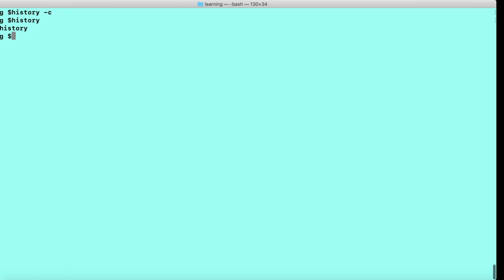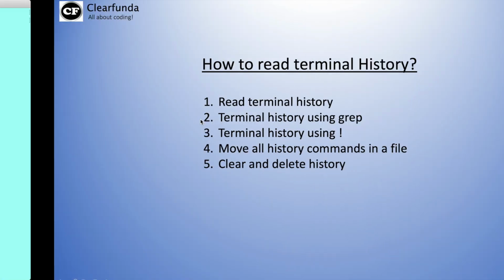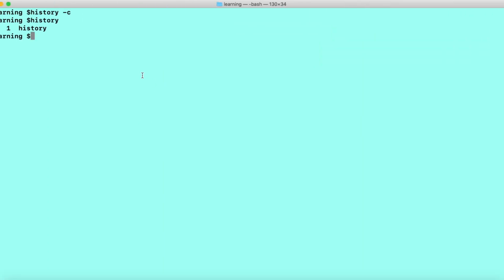So that is how you can do all the operations. I usually find this very useful because I perform so many commands and it is difficult to write them all the time and difficult to recall as well. So you can look in the history, you can copy paste, or you can use the exclamation sign to run the command directly.